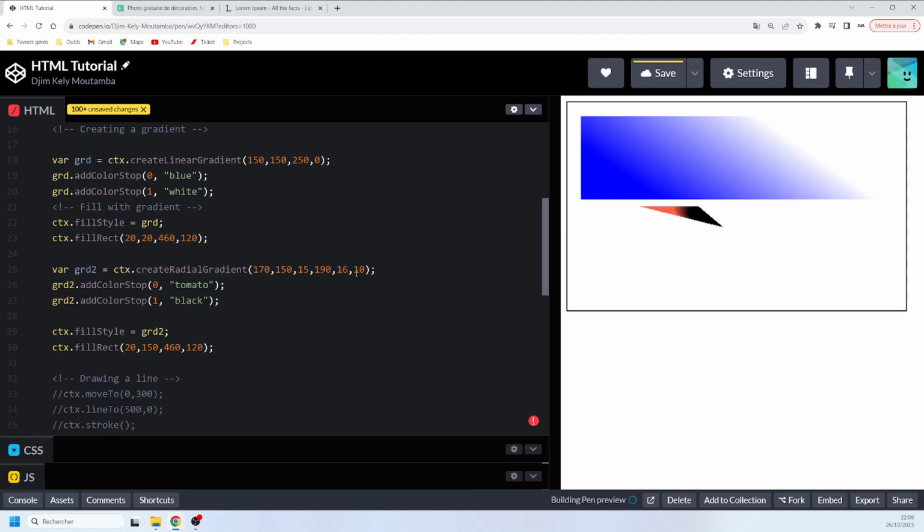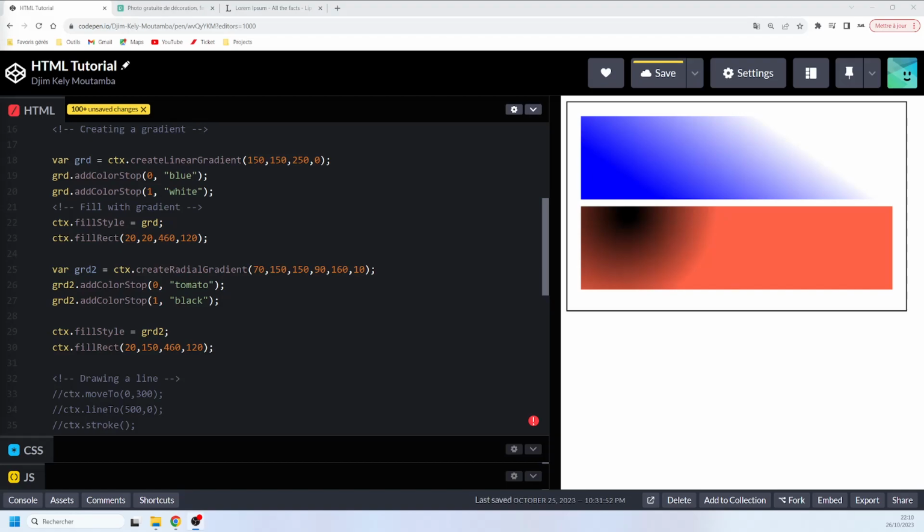All right, so you can play with these parameters in order to determine how the gradient color will show on the screen. So, what else can we talk about? We can talk about how to draw an image on a canvas. Let's talk about that. So in order to talk about that, we are going to change our